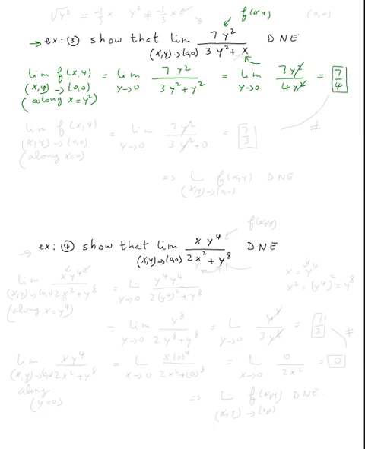Now all the other ones you'll get most likely 0. Well, actually, if you let x equal 0, you'll get 7 over 3. So you can do that, or, yeah, let's do that. That's an easy one. If you let x equal 0, so the limit of f of xy as xy approaches 0, 0